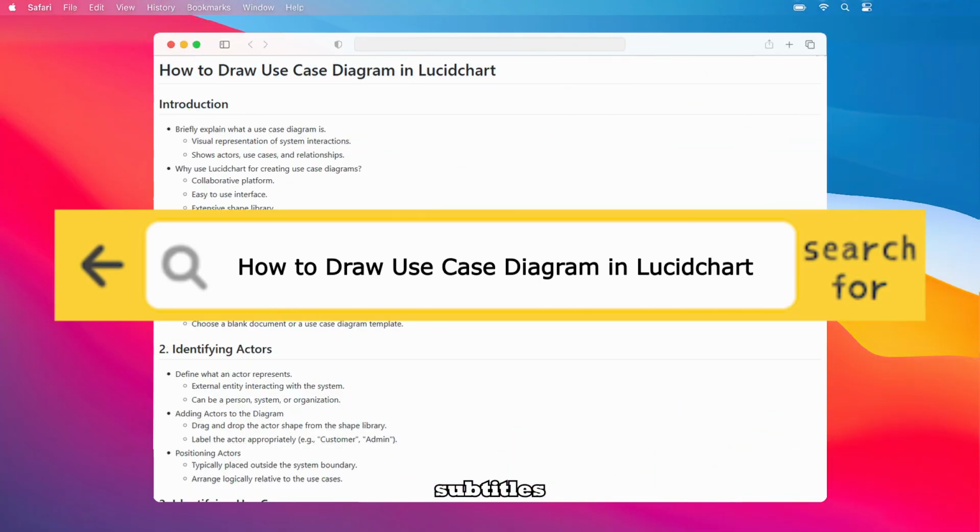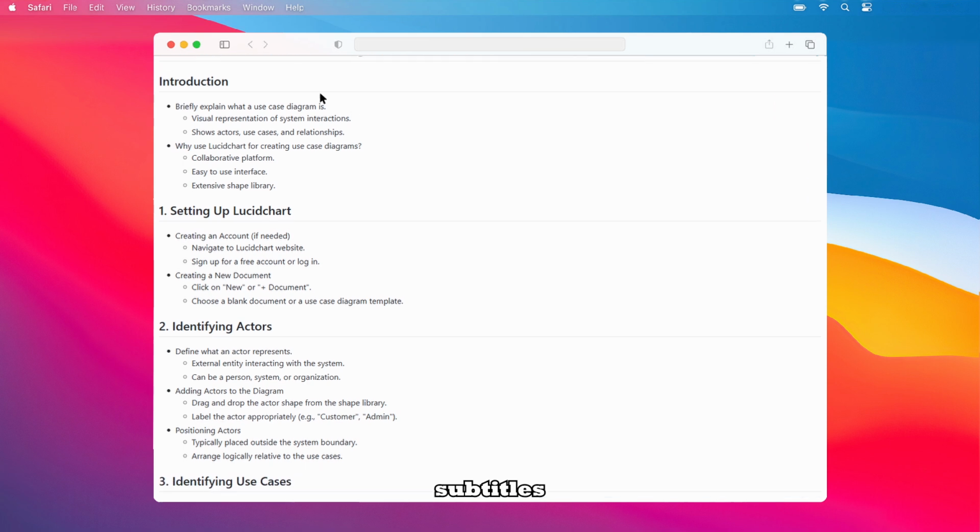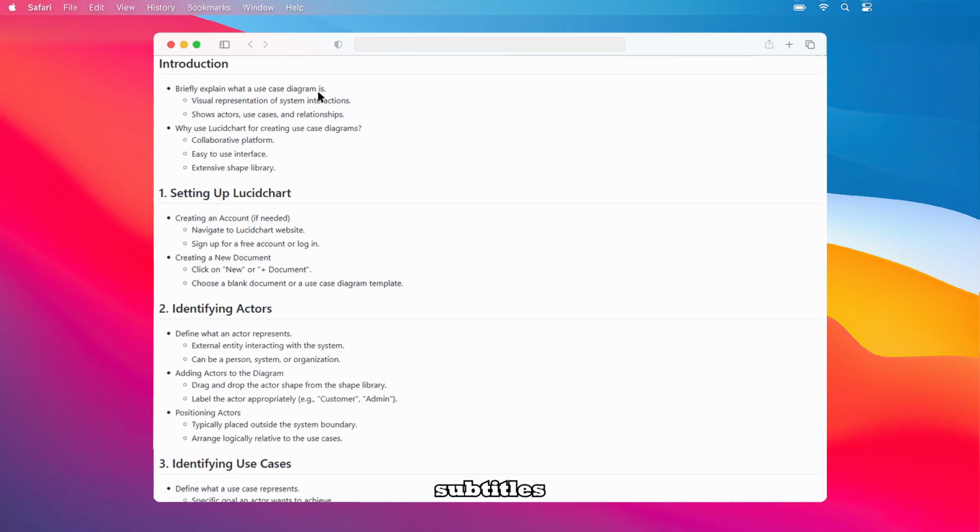Today, we're going to explore how to draw use case diagrams in Lucidchart. A use case diagram is a visual representation of system interactions, showing actors, use cases, and the relationships between them. Lucidchart is an excellent choice for creating these diagrams because it's a collaborative platform with an easy-to-use interface and an